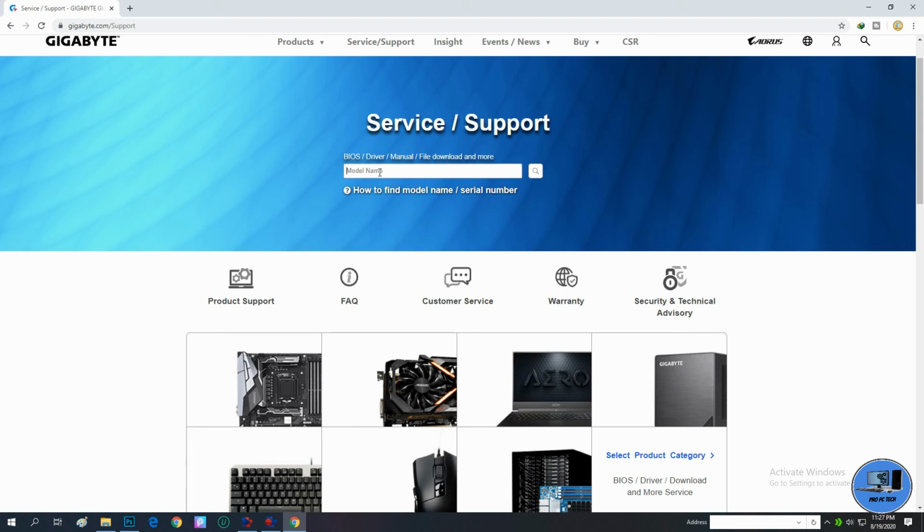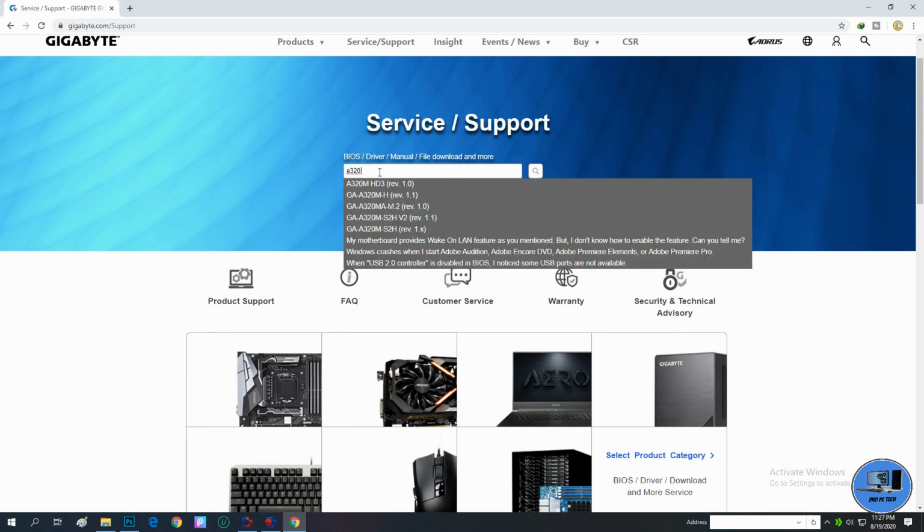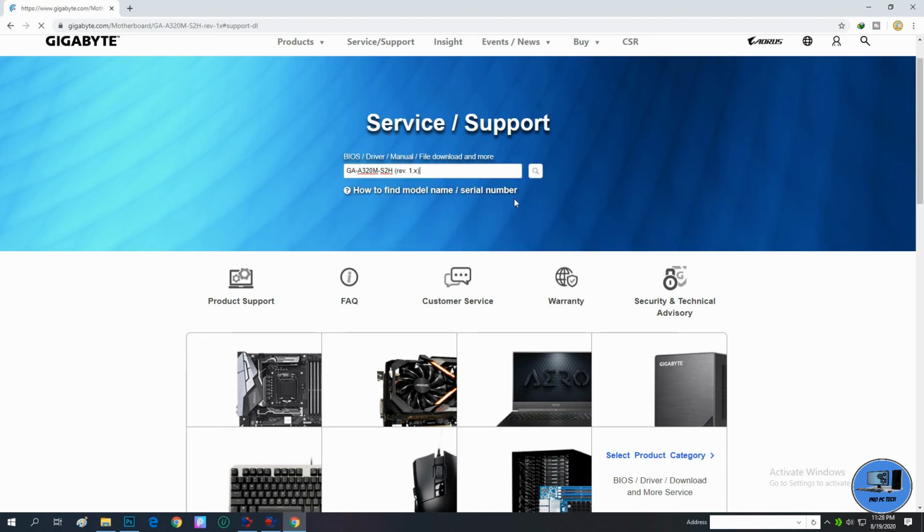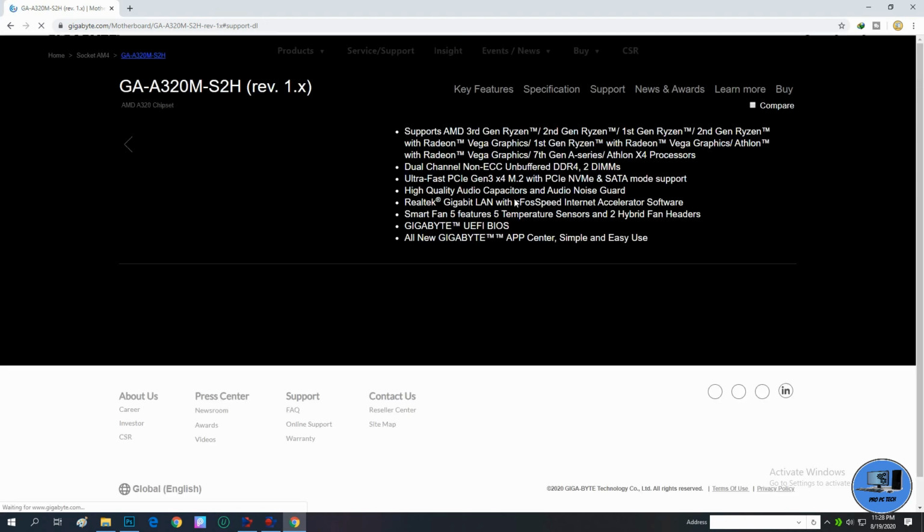So I'm going to type my motherboard's model here and it will appear by itself. Look, here is my motherboard's model, so I'm going to click it. By clicking it, the website is going to my motherboard's menu.